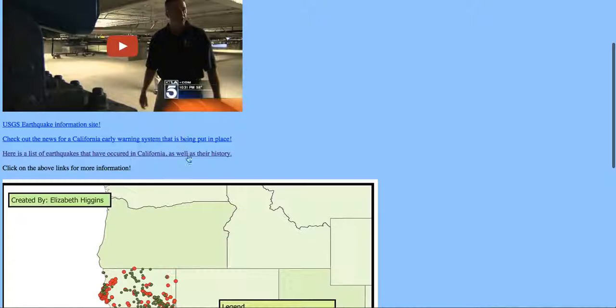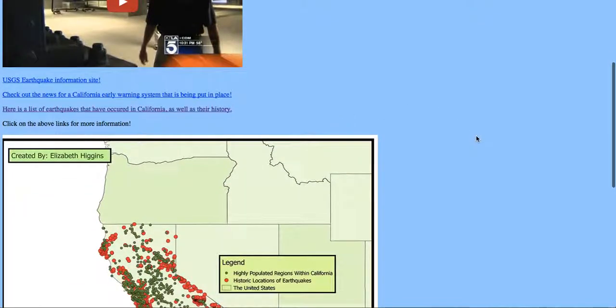I linked these 3 websites here for you to look at, and I thought they were really interesting. The first website is the USGS Earthquake Information Site, and that's really important to look at. The second one is a news article that shows how California is developing an early warning system for earthquakes, and it's going to be put in place soon, so that's important. And the last one is a list of earthquakes that have occurred in California and their history, and that's extremely